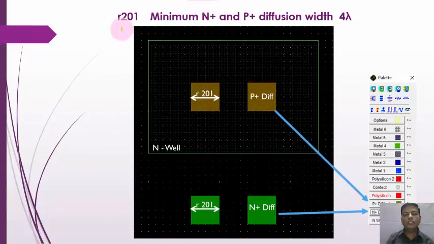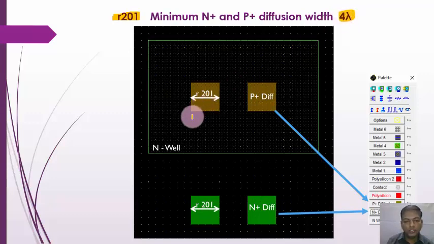Now the second rule, that is R201. The rule is for the n plus diffusion and p plus diffusion. The width for that particular one is 4 lambda. So the distance for that is 4 lambda.